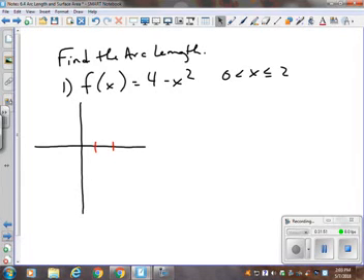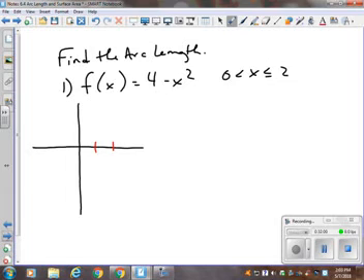a little time. So this has a y-intercept of 4. Right, we only need half of it. And if I plug in 1, I'm going to get 3, and if I plug in 2, I'm going to get 0. So this is the half I'm talking about. And therefore, since this is a half I'm talking about, we're looking at,